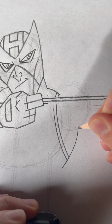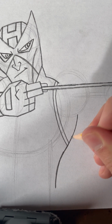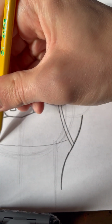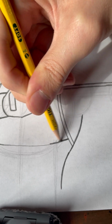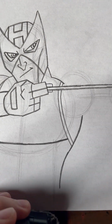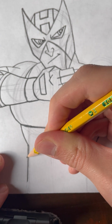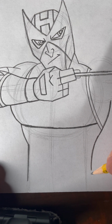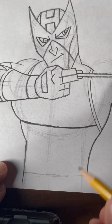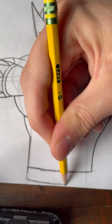And there's his other side of his body. And then put this curve. Here's the lower part of his body. And then you can put his belt right here, the upper part of his belt, just slightly curved. Put two of them,